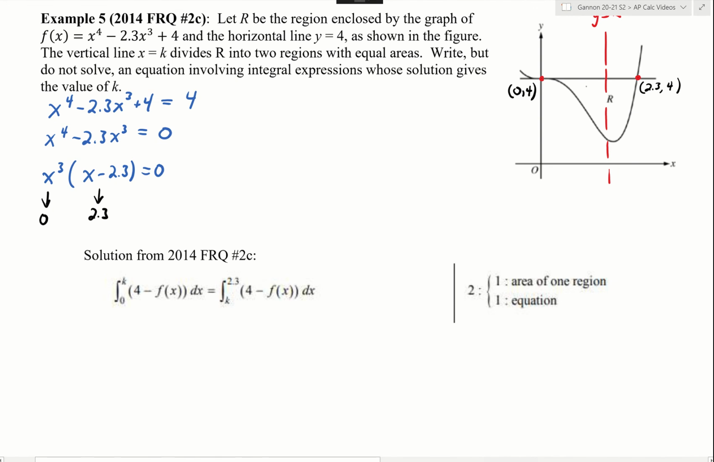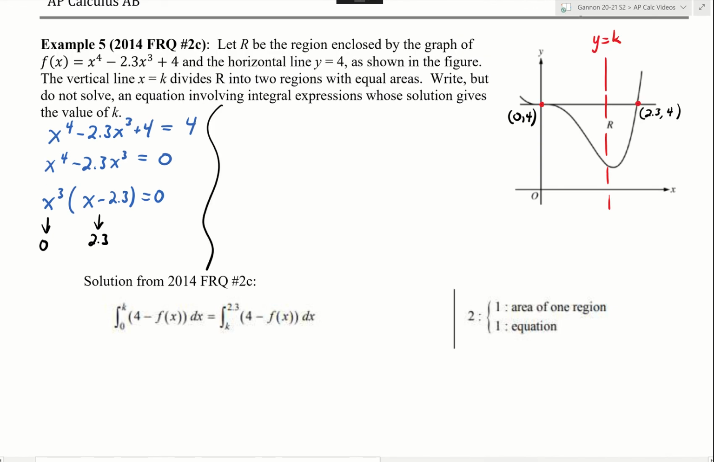So we want the areas to be equal to each other at that line k. So I'm going to need an integral equal to an integral, basically, because that's how we're going to find that area. The first integral is going to go from 0 to this value k. And because we're integrating from left to right with vertical slices, everything's in terms of x. So we're going to do top minus bottom. So it's going to be 4 minus f of x